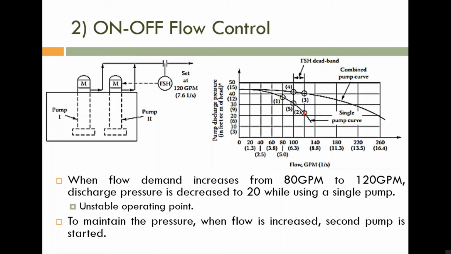So immediately the operating point is shifted from 2 to 3. It means that 2 is actually a virtual point. Actually there is no operating point 2, because it will follow this path. But if it reaches this point, immediately the second pump is also started. So suddenly the third one is shifted to this point. So this point 2 is a virtual one.